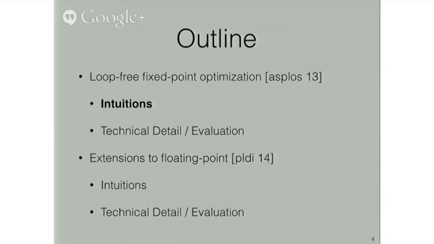So here is a quick outline. I'm going to start out with a description of what stochastic optimization is and how it works. This is going to be absolutely the simplest possible implementation, and it's only going to work for fixed point integer kernels without loops. Then from there, second half of the talk, I'll discuss extensions for handling kernels that contain floating point computations. And again, I will stress that everything I'm going to be talking about today is going to be with respect to loop-free kernels only. In the interest of time, I'm not going to be able to get into work that we've done to extend all this to code that contains loops. But if you are interested, in addition to these 2 papers here, we also have a paper in OOPSLA 2013 which talks about that. So definitely check that out.